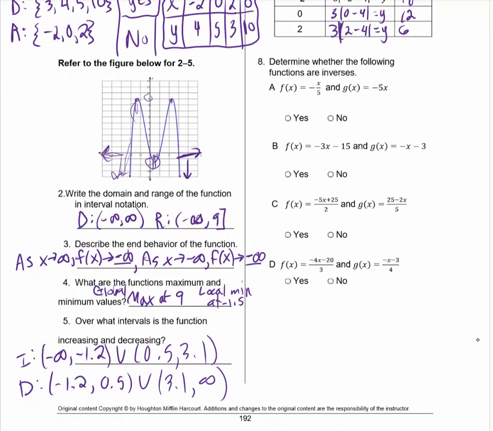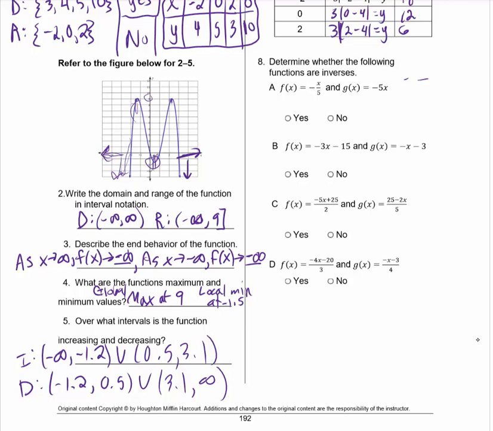Number 8. So this one, there's a couple different ways we could do it. Functions are inverses of each other if you plug them into each other and everything cancels and you get x. So on A, that's pretty easy to show. If I take